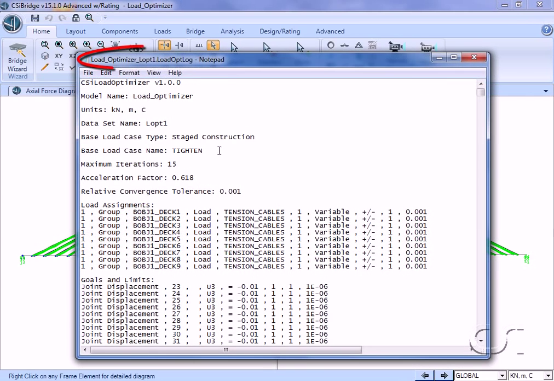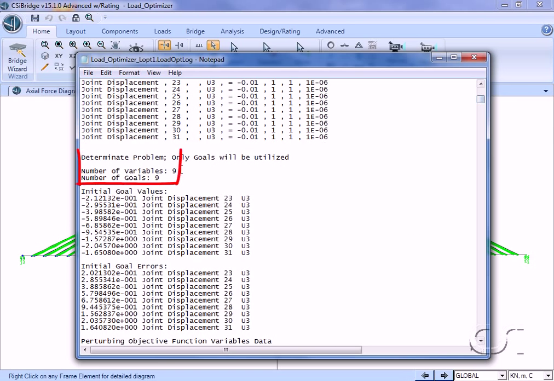A check of the log file shows that we have 9 variables and 9 goals.